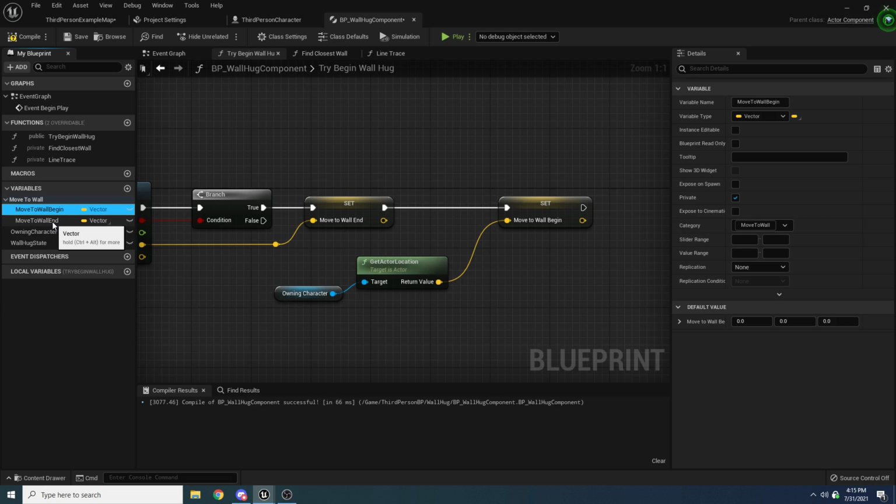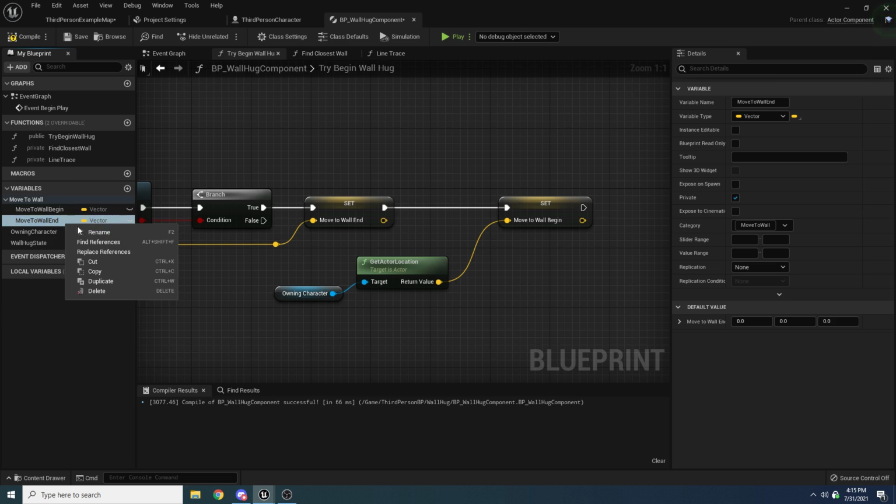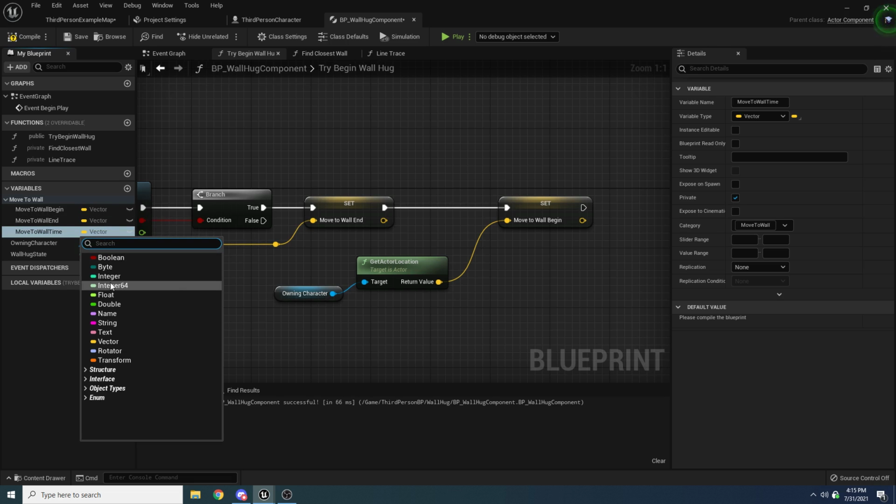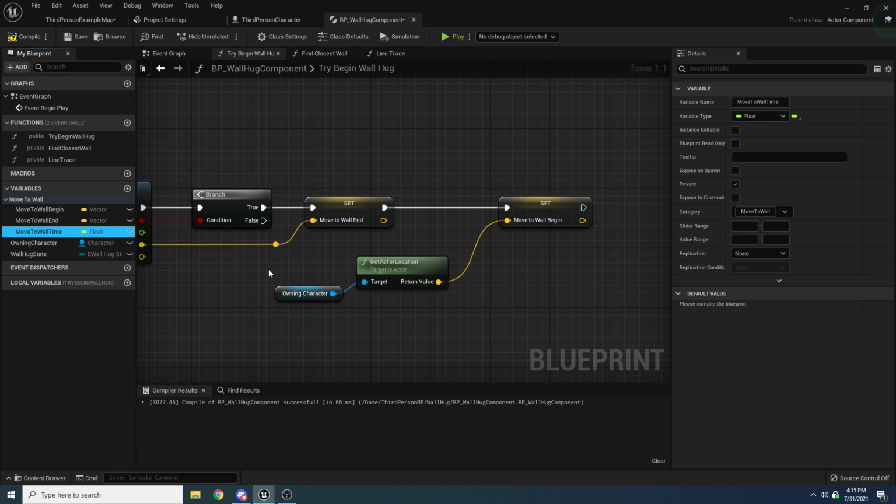We also want another variable. So both these are private, so let's right click on this end variable and just duplicate it. That's going to keep the private checkbox checked, and it's also going to keep us in the category. And then we're going to call this move to wall time, and we're going to make this a float. And you'll see what this is going to do in a second. This is basically just keeping track of the current time we are inside of our move, because we want to move to the wall in like half a second, or some amount of time. We don't want to take too long to get to the wall. We want it to happen pretty fast. So this variable just keeps track of what time we currently are inside of that